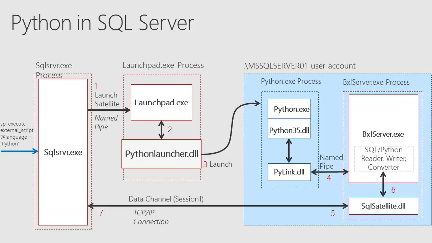The query comes to the SQL Server and it executes it. There is an external process called Launchpad, which launches it. There is a concept like a runtime launcher. With 2017, we have an R launcher and a Python launcher to launch different runtimes based on what is needed. It gets launched, executed, and connects back to SQL Server on the SQL Satellite high